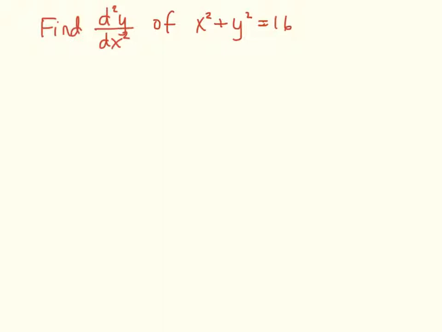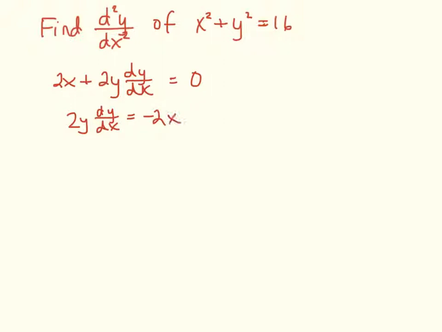We start off by taking the first derivative as we have in the past. So when we take the derivative of x squared plus y squared equals 16, we get 2x plus 2y dy/dx equals 0. Okay, I'm going to go ahead and solve for dy/dx. My first step here is to get dy/dx before I worry about the second derivative. So I would do that by moving the 2x over